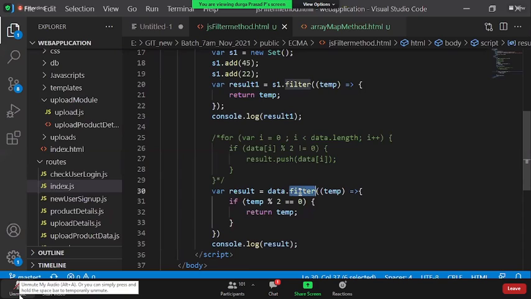Sir, then we can convert the Set object into an array also. Yeah, you can do that. Remember, yesterday we did that, converting a Set into an array and an array into a Set. If your requirement is to find all the even numbers from a Set, the dot filter method will not apply directly. Convert that Set into an array, and on the array you apply it. That is fine. That's straightforward, right?